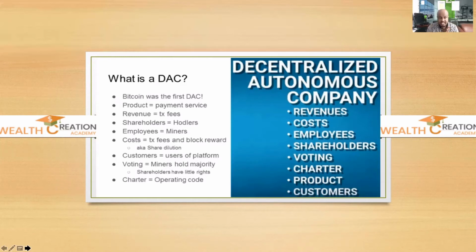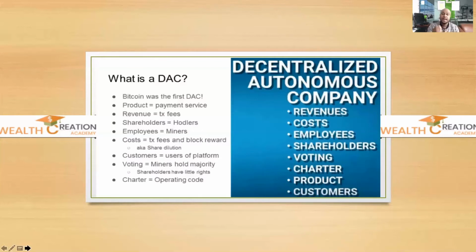Okay, so who are the customers in a decentralized autonomous company? They are the users of the platform. You have a decentralized platform that different customers can use to benefit themselves. Okay, voting. Now in our new economic evolution of the world, we're going to have some kind of voting, for example, on how much profit bonus is paid. That also shows you that our company is moving to that decentralized autonomous company. Okay, that's where the foundation is going.